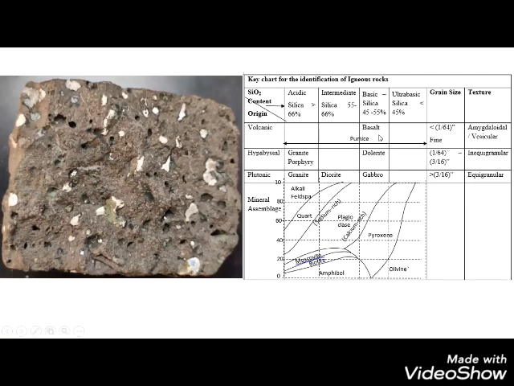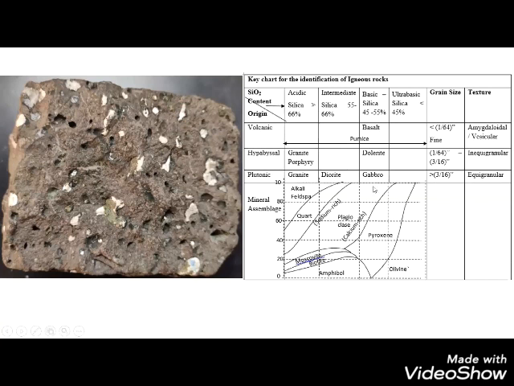Volcanic igneous rock, we have only one sample, that is basalt. Okay, so what is the texture you will write? Either you can write it as vesicles because empty holes are also present over here, and secondary filling is also over here. So you can write it as amygdaloidal or vesicular texture. So this is a basalt.